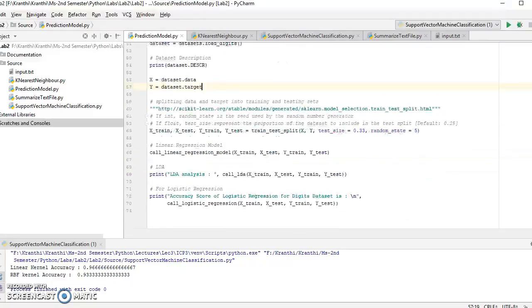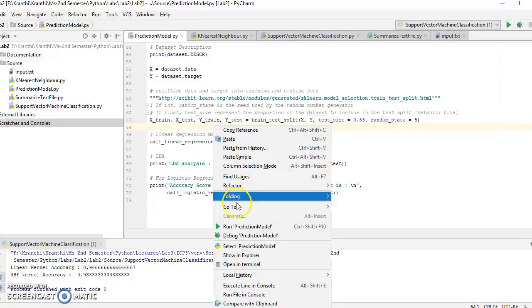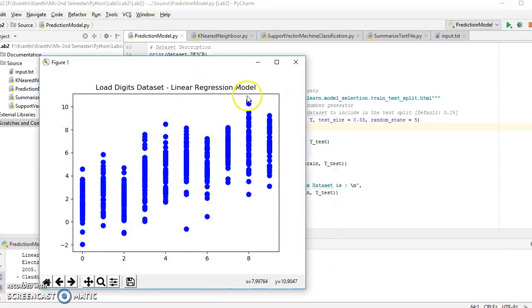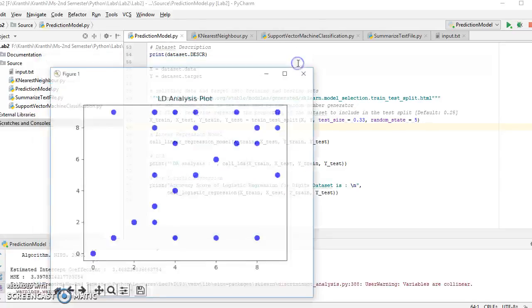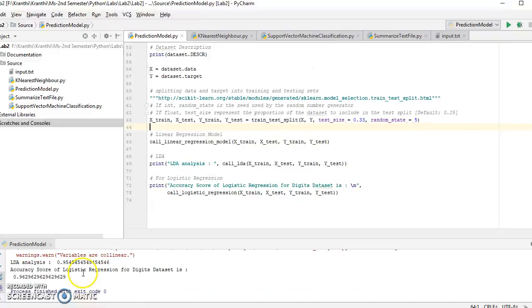from the data set, and we are splitting the data based on the test size 0.33, and we are going to call the linear regression model, the linear discriminant analysis and the logistic regression. Once we run this, we are going to get this plot based on the linear regression model, and we have a linear discriminant analysis plot as well, and